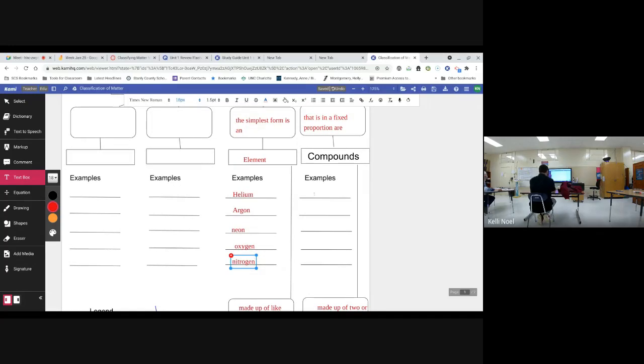All right, and then compounds, and I remember these from the slide, they gave us water. Oops, it's a big click if you start typing. Water, they gave us salt, and they gave us sugar. So you don't have to fill all those in, but I've just pulled them straight from the